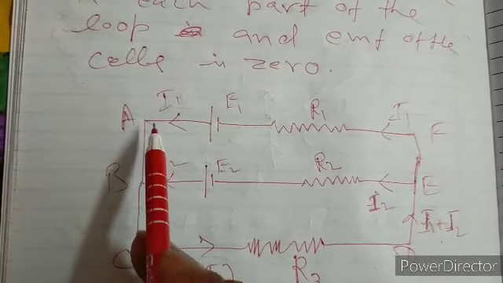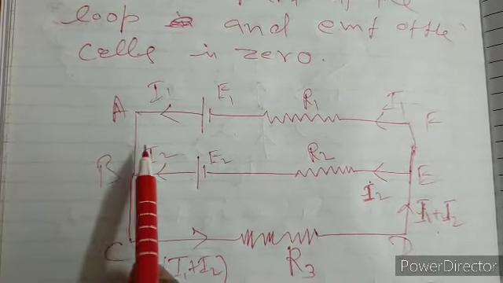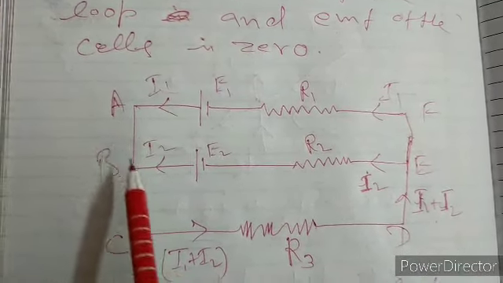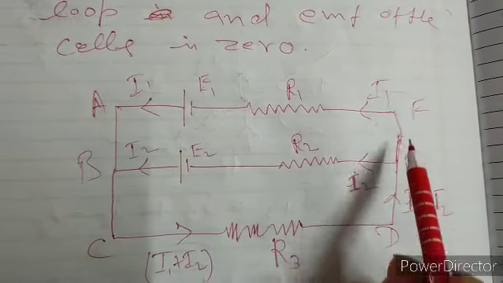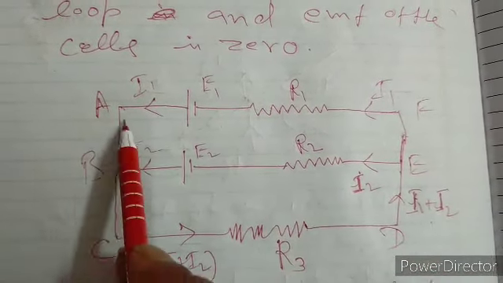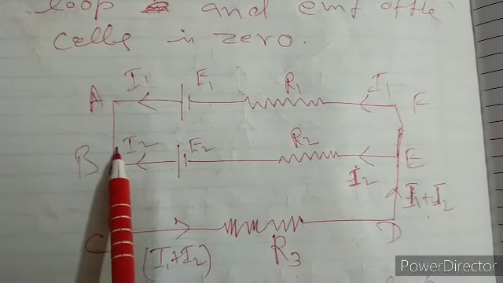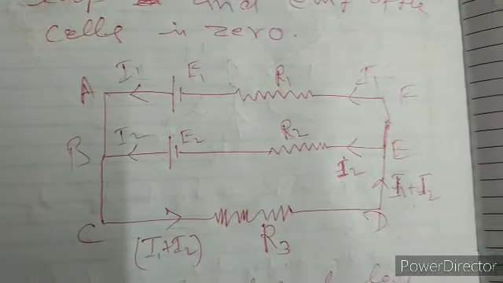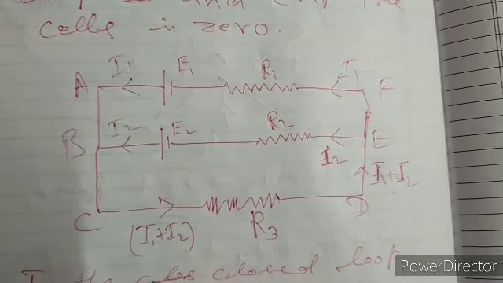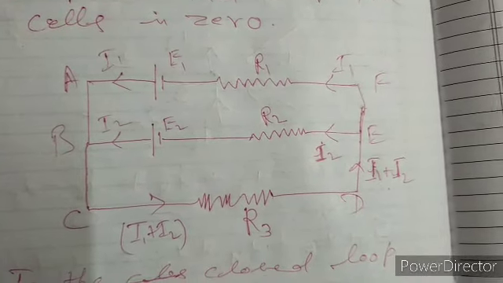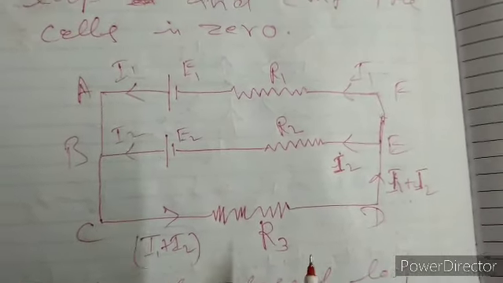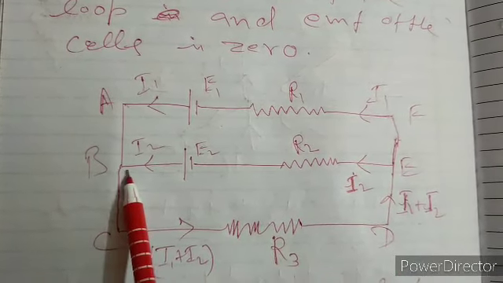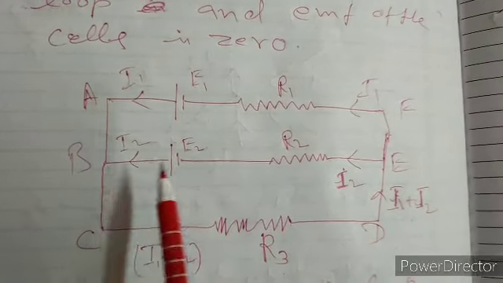Then A to B, no resistance, no voltage. We have selected A, B, E, F, A, so we will go through the boundaries of A, B, E, F, A. A to B, no current, no resistance, no battery, no voltage. B to F, current is coming from the opposite side. Don't see that. First we have to decide in what way we will go. Means we are going from B to E. Then when we are going from B to E, there is no resistance, no voltage.